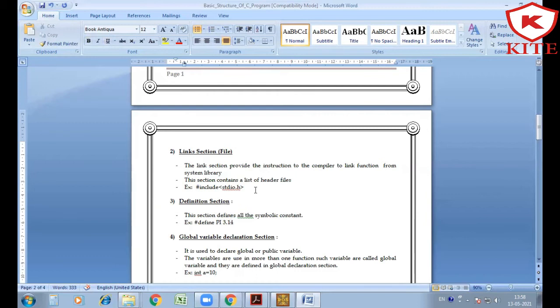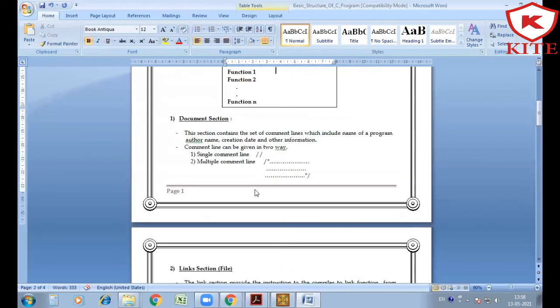Okay. So the first section is the documentation section. In this section, we include the name of the program as well as the creation date and other information. The documentation section is given in 2 ways. The first one is a single comment line and then a multiple comment line.